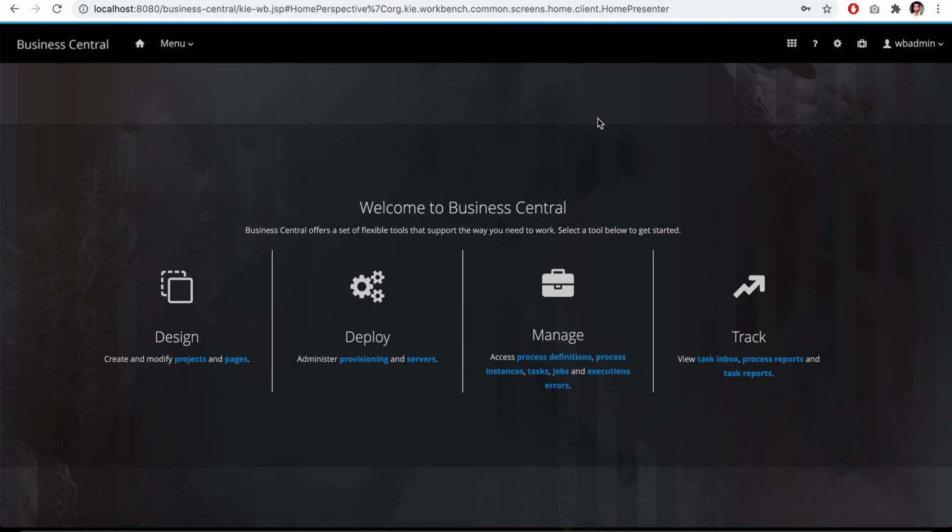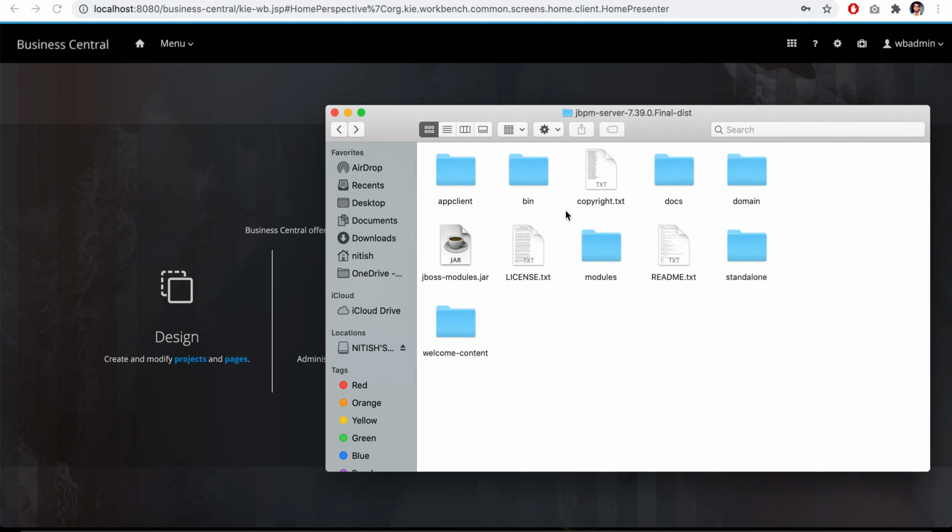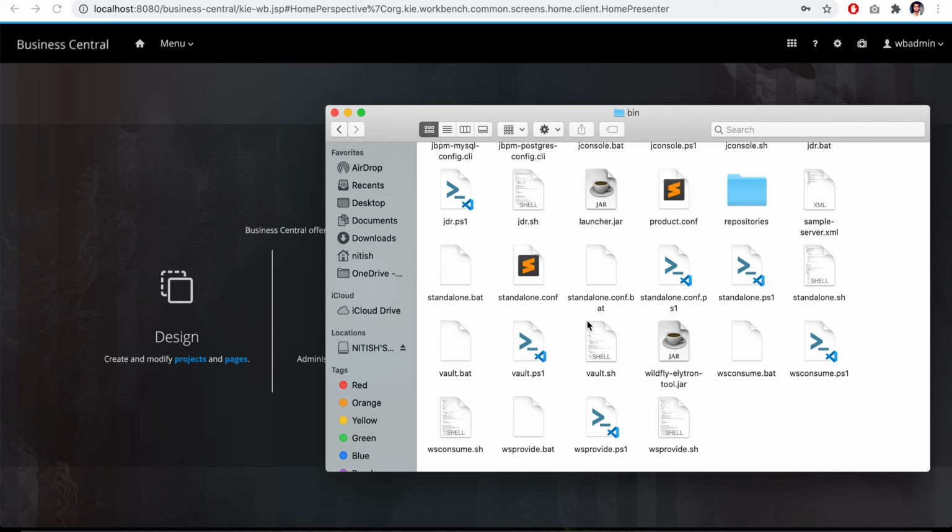Now, in this video, we will see the most used part: how to check the logs of the server and the different folders that we have, and what the use of each is. So just the unzipped folder that we have, the jBPM server, whatever the unzipped file that you had, the different versions. We can go to the bin folder and explore this one.